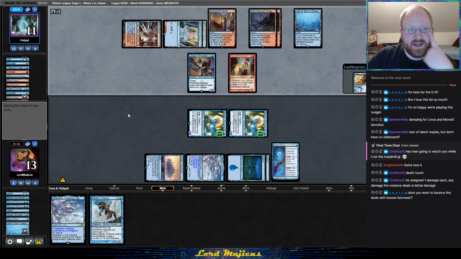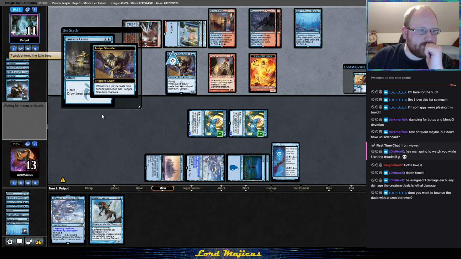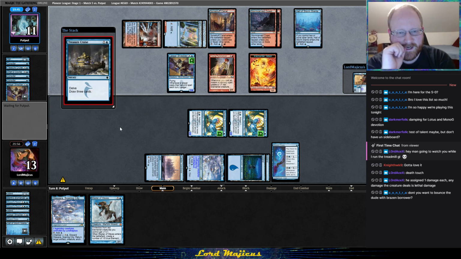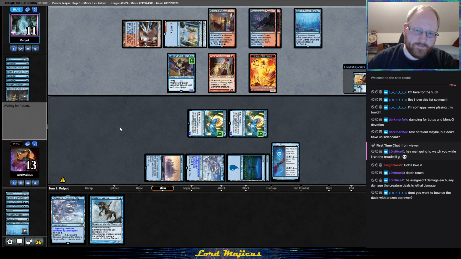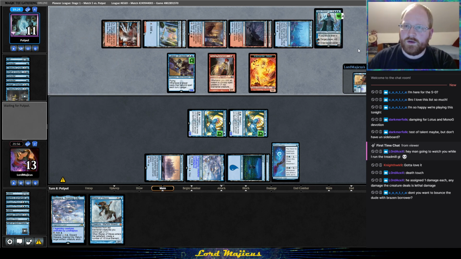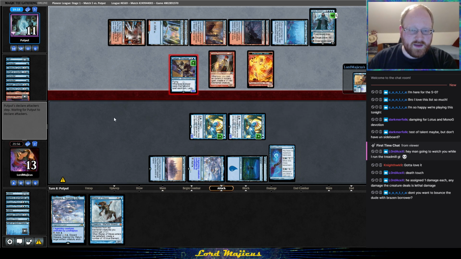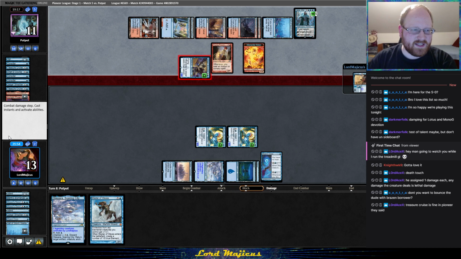Young Pyromancer? Ooh, that's bad. My god, I have another Treasure Cruise. Suddenly, Master of Waves does not look like he's going to get the job done. Oh, there's Jace, okay. It's very possible they will just naturally mill through their deck, so